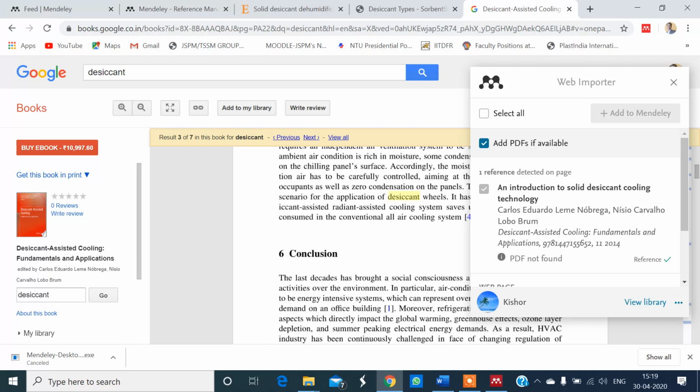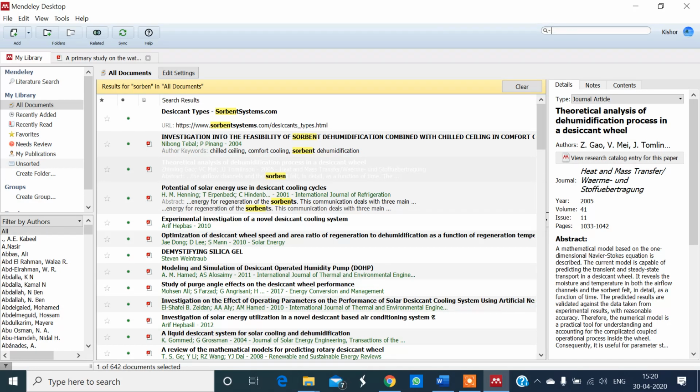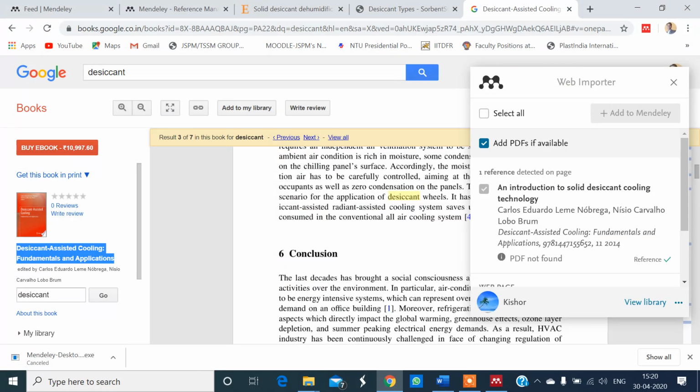Let us check whether this book has been added or not. Okay, this book has not been added. Click on this synchronize. The name of the book is Desiccant Assisted Cooling: Fundamentals and Applications.